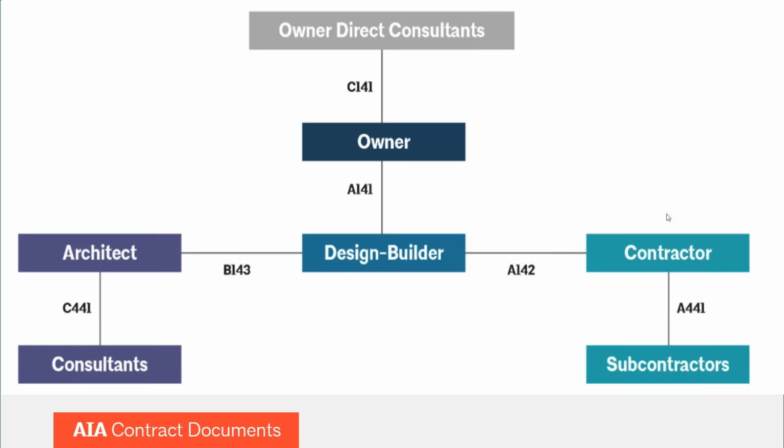So the notion of having a single point of responsibility design builder is attractive to project owners and developers. And I think there's a notion that two things happen. The design is faster, and it's informed by the construction team, and I get to a price earlier. I'll know what I'm in for, and because the design and the construction team are both involved, that contract sum is less likely to change. I think, however, that's more of a myth than an actuality,